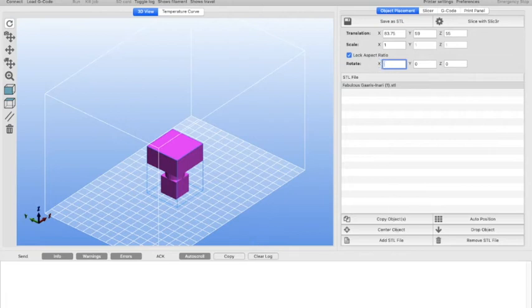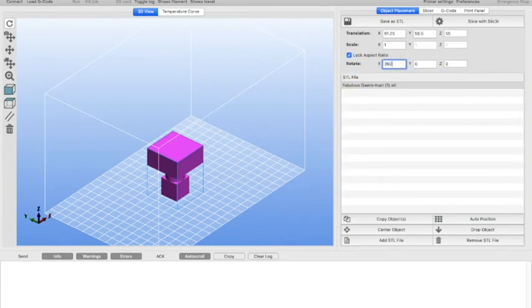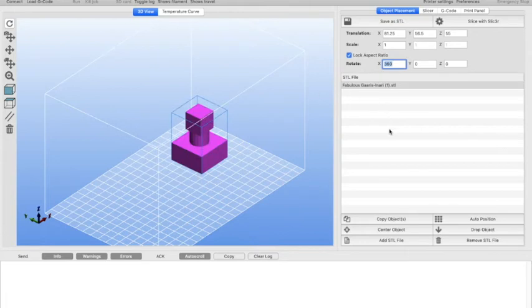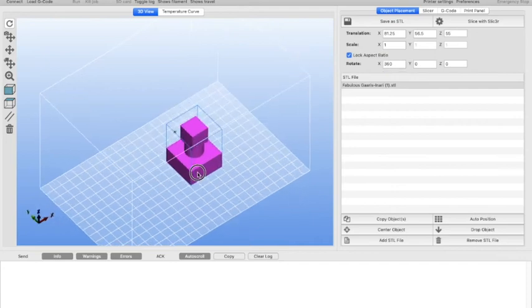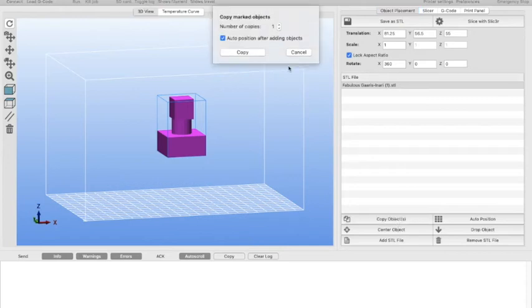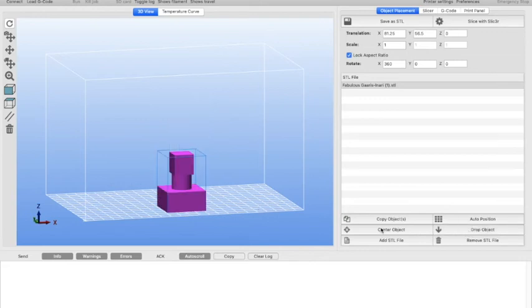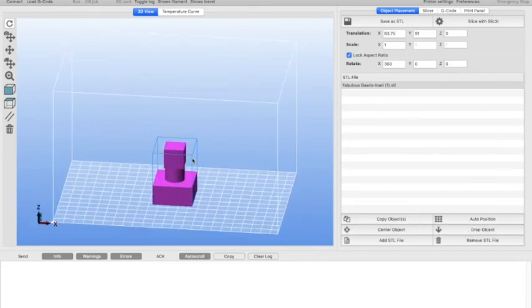Okay, so I don't want that, so I want it to be up the other way because I want the base to print first. You've got to remember to click on the thing you're going to change. And then, okay. So I've had to turn it right around again. Right, it's in the middle of the air. So I'm going to drop it. No, not copy. So I want to drop the object and center the object. Okay, so once I've got it as I want it,